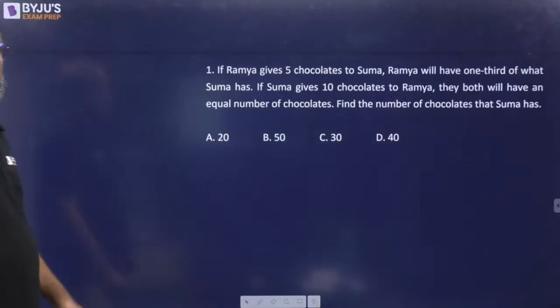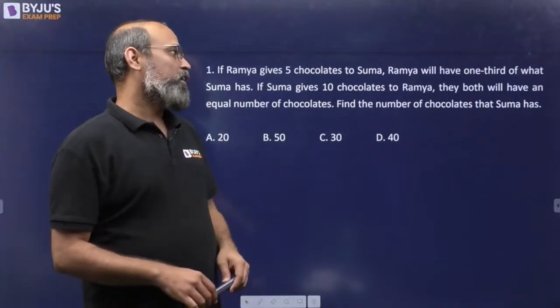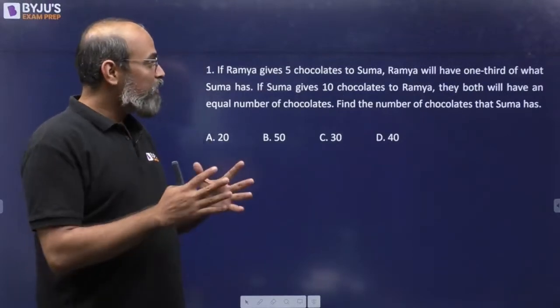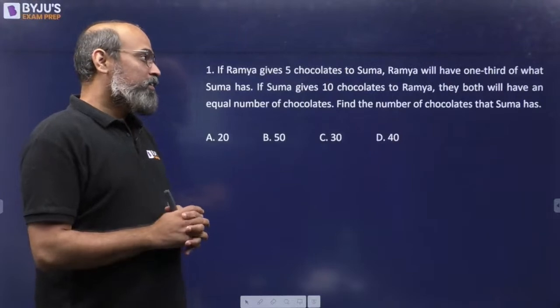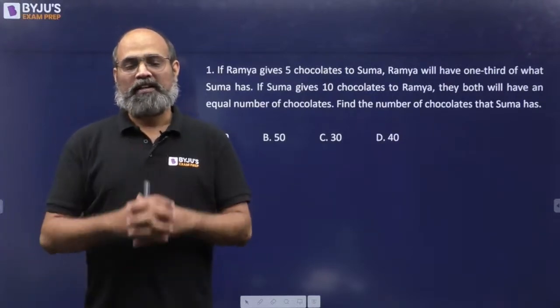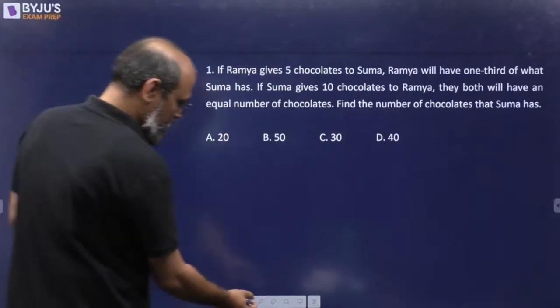First question. If Ramya gives 5 chocolates to Suma, Ramya will have 1/3 of what Suma has. If Suma gives 10 chocolates to Ramya, they both will have an equal number of chocolates. Find the number of chocolates that Suma has. Okay. So what happens here is